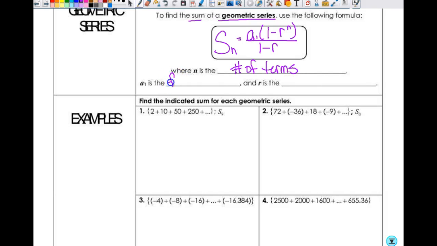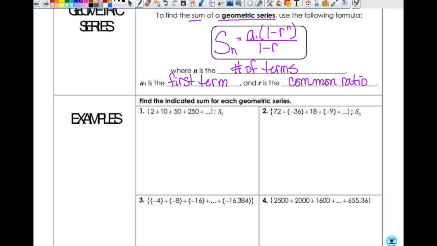A1 is the first term. And what is r? Ratio. It is the common ratio. And a1 is not necessarily the first term in this sequence, but it's the first term in this series. It's the first term that you are using to find your sum with. So we may have like a chunk from the middle or something else, but that first term